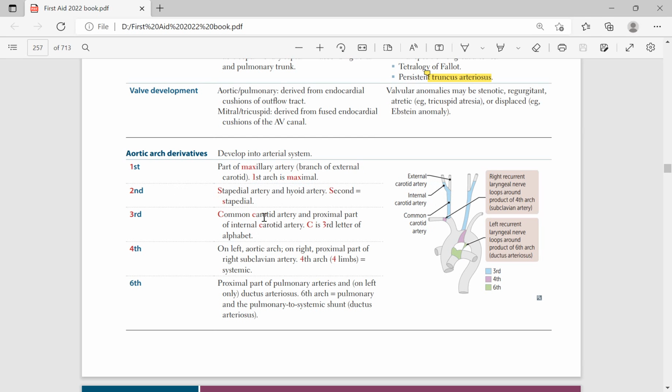Second: stapedial and hyoid artery. Remember this by bone. We have the maxilla in our face, so the first arch is from your face, the maxilla, and the external carotid artery supplies the outer portion of your head, so it is derived from the external carotid artery. Then you have the hyoid bone, and